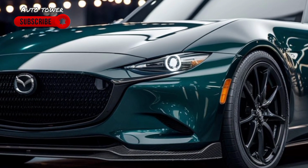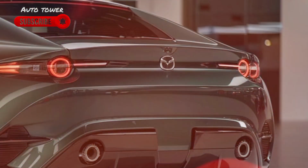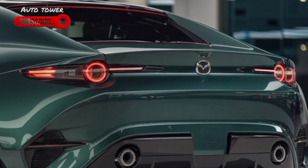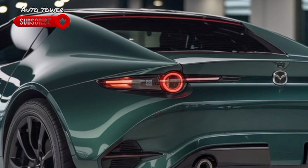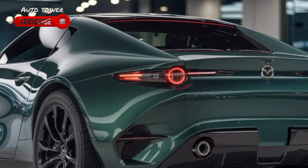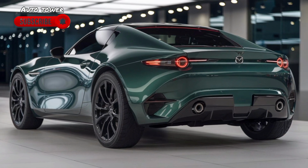250 horsepower, improved handling and suspension, possibly with the addition of adaptive dampers, a range of new safety features, including adaptive cruise control and lane departure warning, a revised interior design with new materials and technologies, possibly including a new infotainment system and digital instrument cluster,